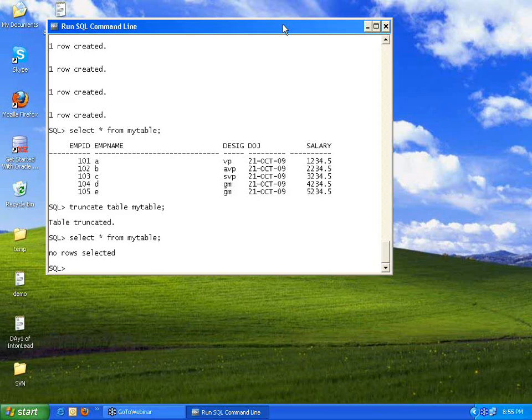So drop removes the table itself, whereas delete removes the data within the table, right? That is the difference. And delete, you can use a where condition, whereas in truncate you cannot give a where condition. So delete, you can selectively delete the records within the table, whereas truncate always deletes all the records in the table, right?